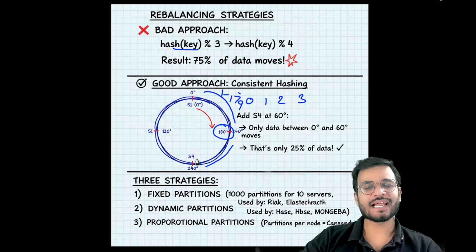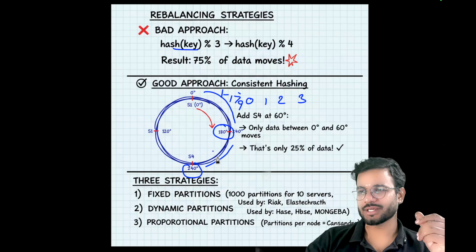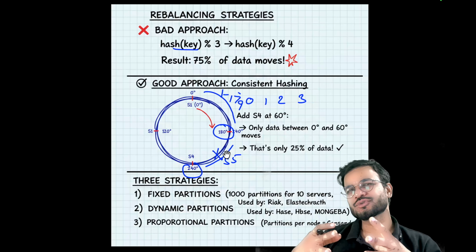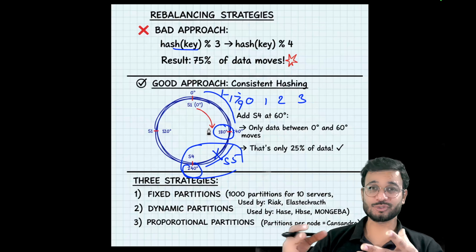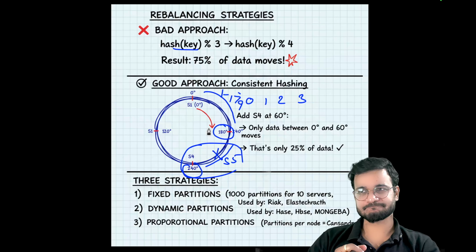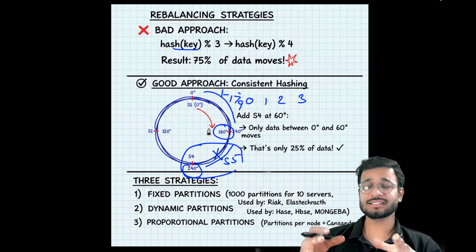Now what will happen if we introduce another server? Maybe over here we introduce server number S5. If we introduce one more server, in this case we just need to distribute the data between these 2 servers. We don't need to distribute it among all the servers. So that will solve our problem of redistributing all the data, where we use a simple hash strategy. Now that covers the redistributing of data among different partitions.